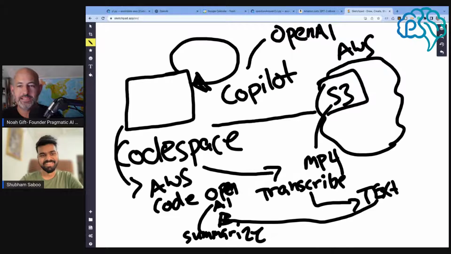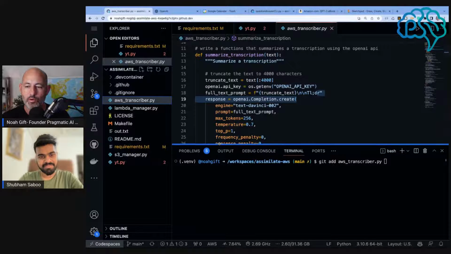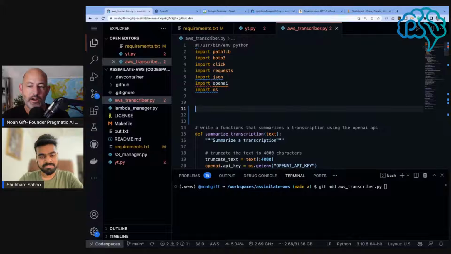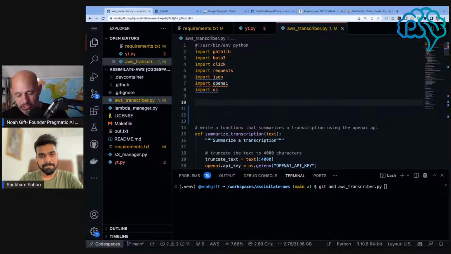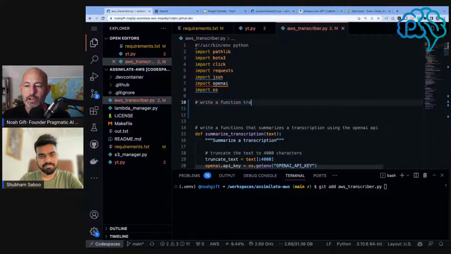I can show you what I built, and literally I built this just yesterday afternoon. I went into CodeSpace, and one of the things you can do with Copilot, I don't know if you had known this, is you can just create a prompt like this. You can just say, write a function that transcribes all of the MP4 files in a bucket,